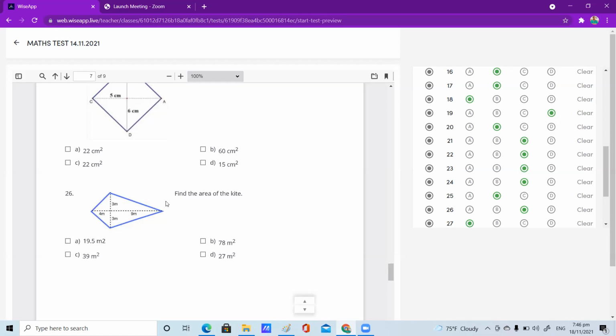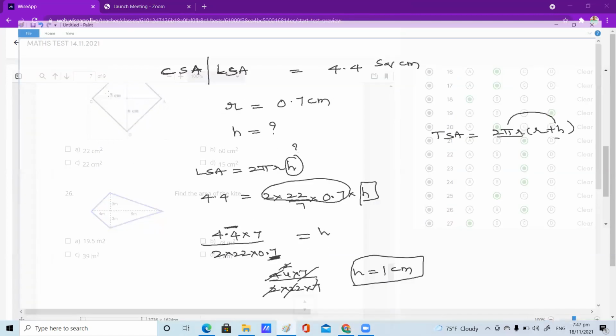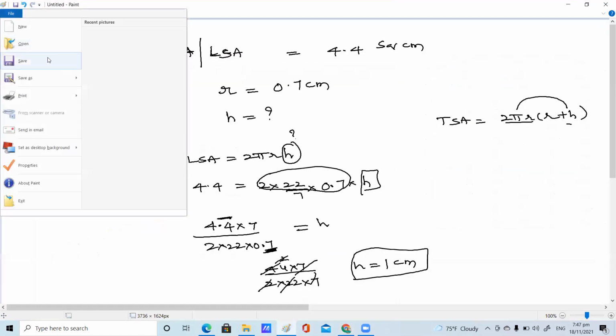We are doing the same thing, but here option C is the only correct one in the 26th bit, right? You can do the method also, because those are congruent triangles. You can use it. Let me divide the figure. Very good. There are different ways of solving. Even you can use base into height there. Not base into height, half of d1 into d2. What answer are you getting? Please let me know.